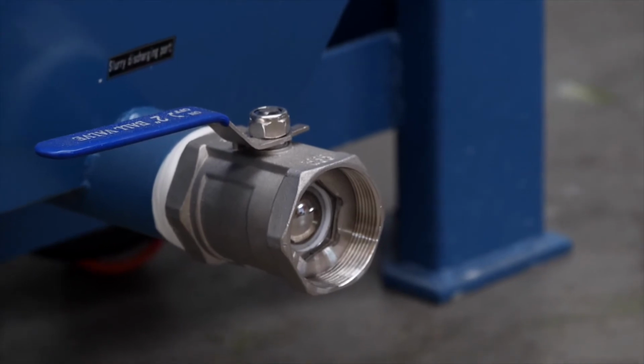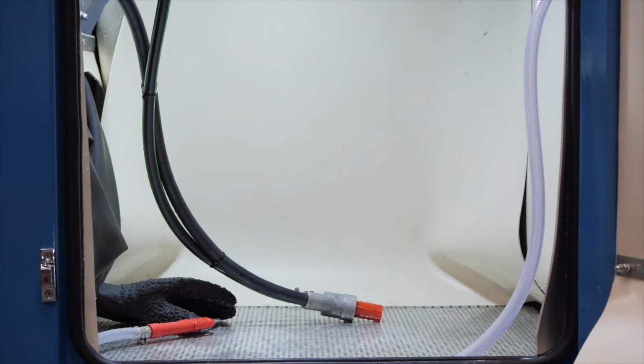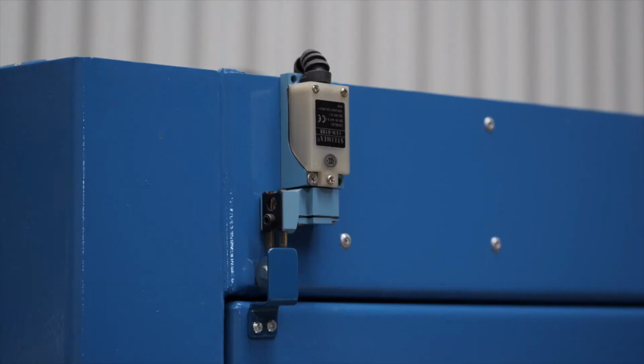The blast cabinet is fitted with an ultra bright LED lamp, lighting up the entire work area, and heavy duty long lasting silicone blast gloves. The blast cabinet door is fitted with a safety interlock switch, which shuts down the machine if opened during the